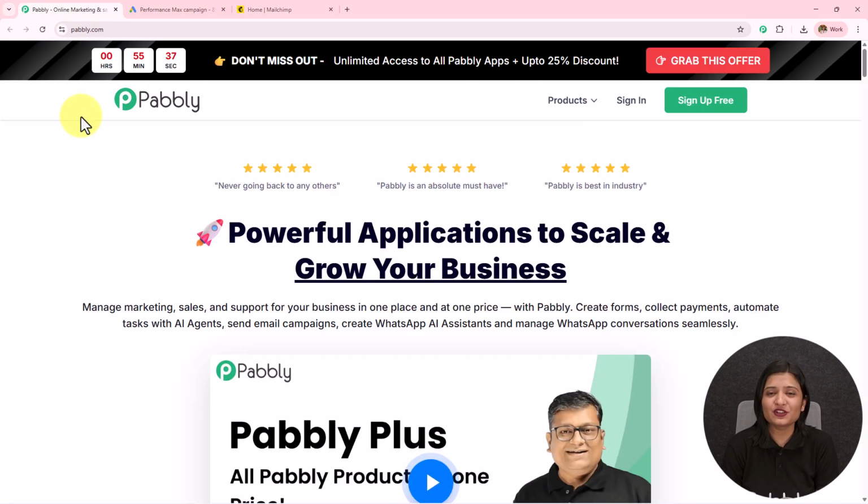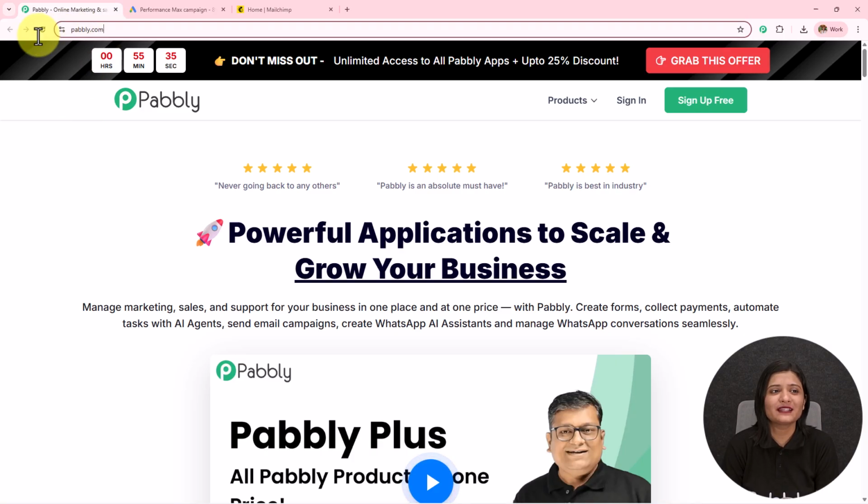Now this is the landing page of Pabbly, and you can visit this simply by typing pabbly.com in your browser. After browsing the website, we need to sign in to our Pabbly account. On the top right corner, we can see two options, sign in and sign up for free. If you are an existing user, click on sign in, and if you are a new user, click on